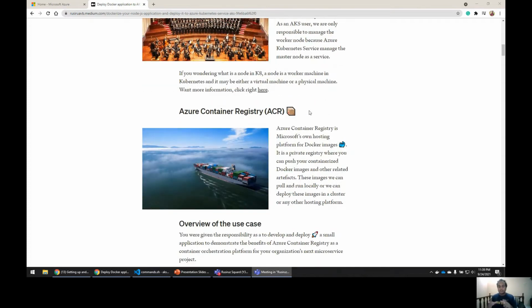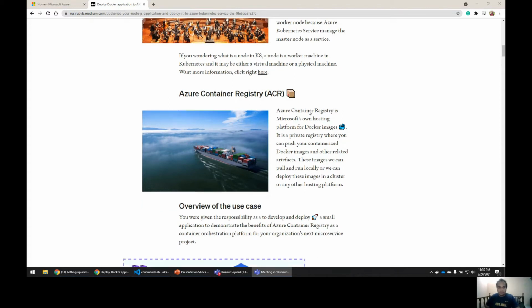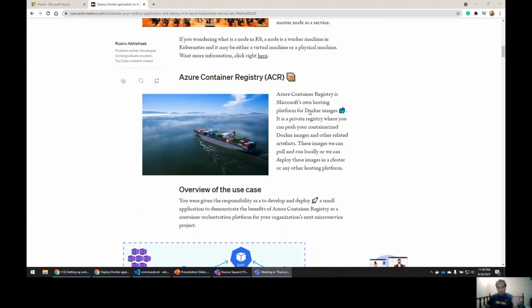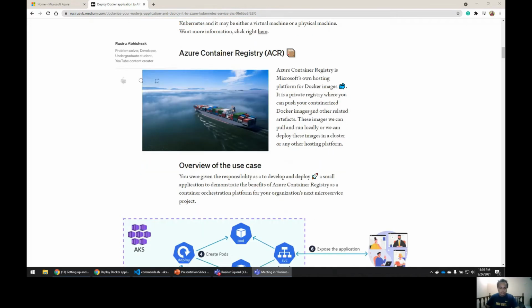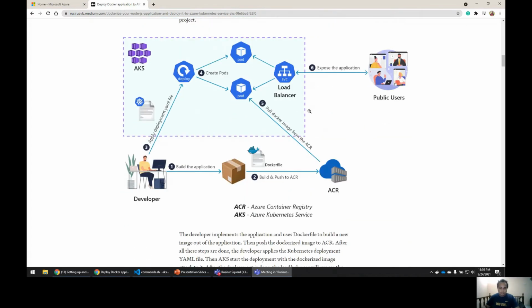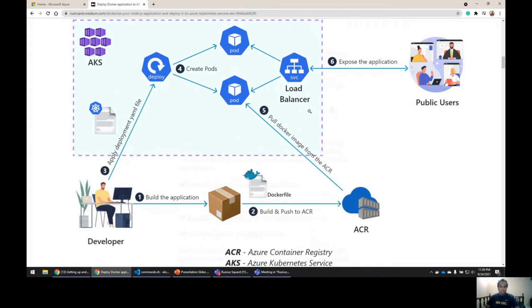Yeah, that's about Azure Kubernetes Service and Azure Container Registry, right? So then we can move on to the use case of today's session. This is what we are going to do today. As a developer, we develop the Node.js application, right? As the first task, we need to develop it. Then after we developed it, we need to create a Docker image, a container image out of